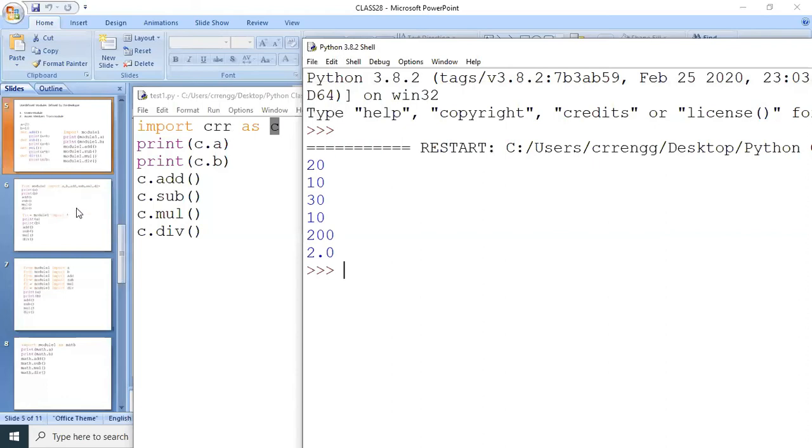Okay. So in this way, you are going to use user-defined modules. I hope everyone understands the user-defined module. So how to use a user-defined module? First, we create the module. The module is nothing but a Python file, a Python program. Now that Python program, you import into any other program. So how? Import the module name. That's it. Okay. So next topic.